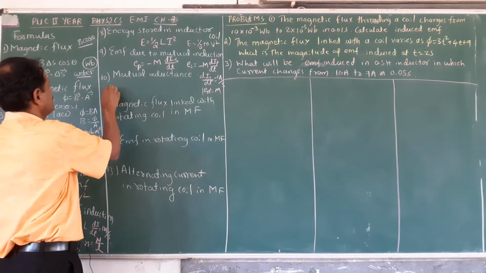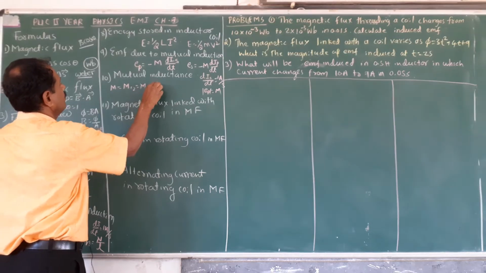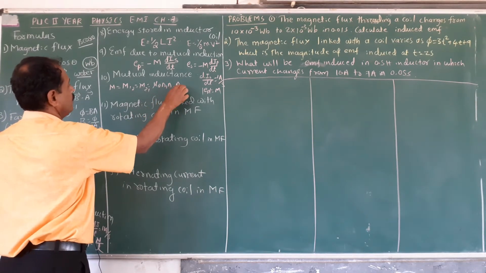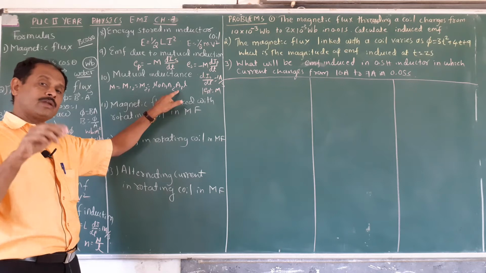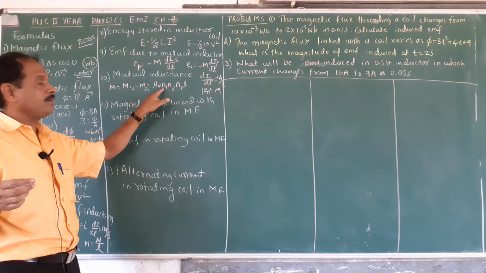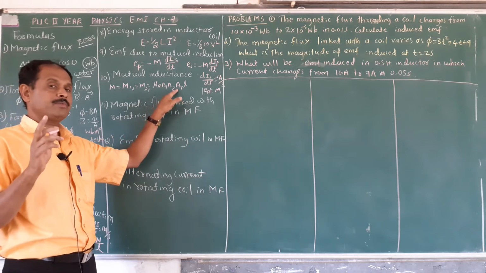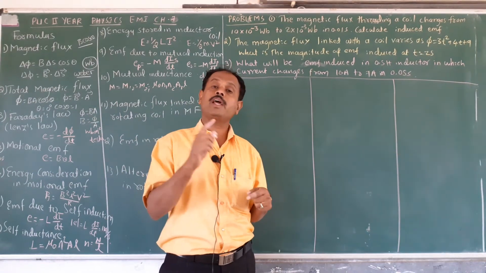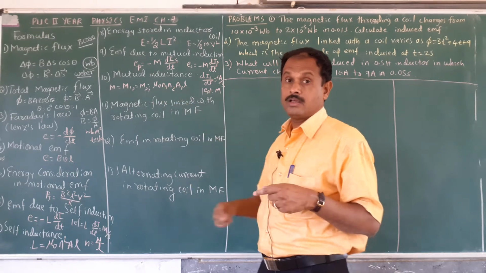Now what is the mutual inductance? M is equal to M12 is equal to M21 is equal to mu naught into N1 into N2 into A1 into L. Instead of A1 you can write pi R1 squared. N1 is the number of turns per unit length in the primary, N2 the number of turns per unit length in the secondary coil. A1 is the area of the primary. Here the secondary coil is wound over the primary, like that you have to take. First coil, and the second coil.